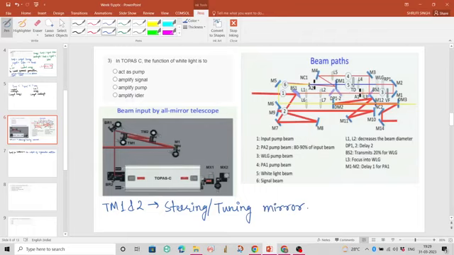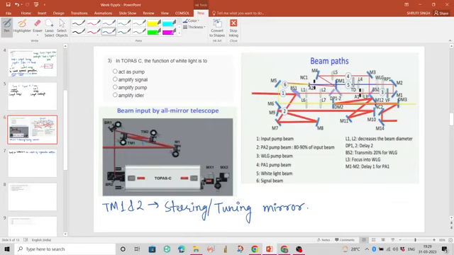These mirrors are used to change the different path length, and also they can be used to align the beam in the horizontal and the vertical direction. These two are movable. The output of the regen comes from here, hits M1, goes in this direction, then it is reflected, and